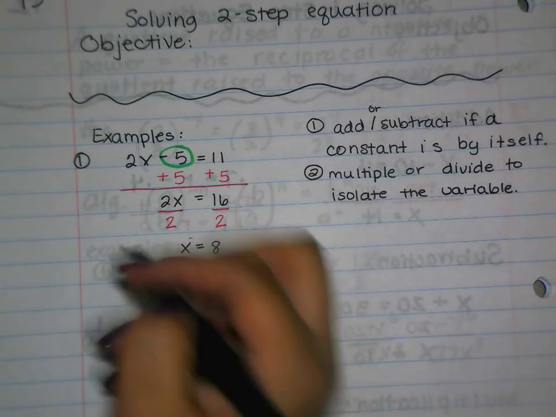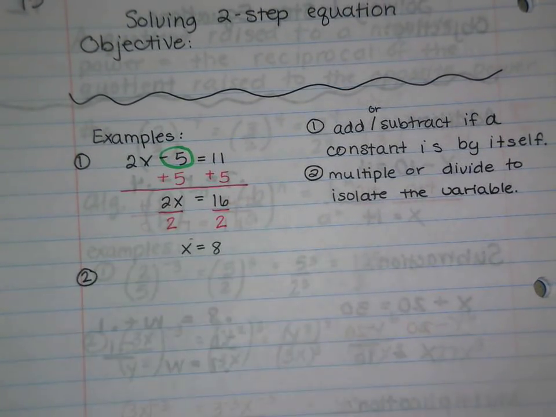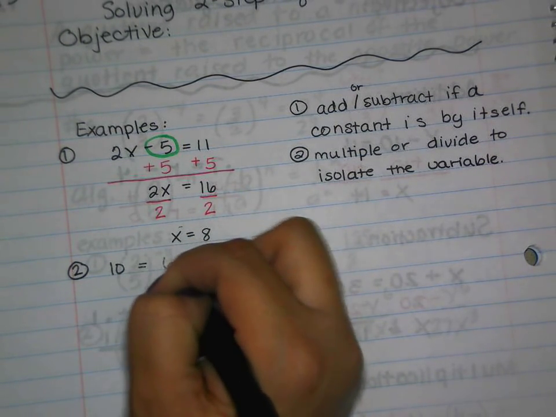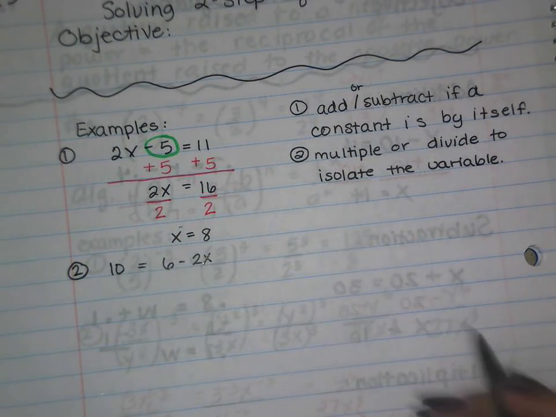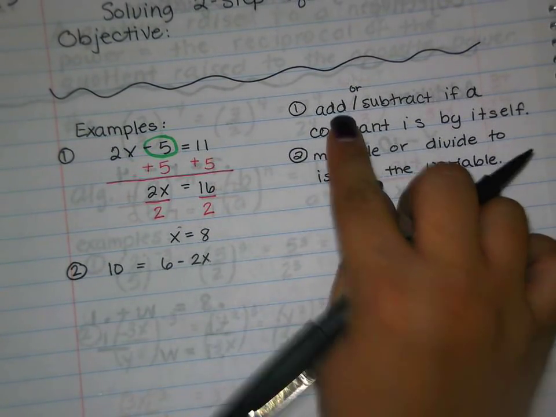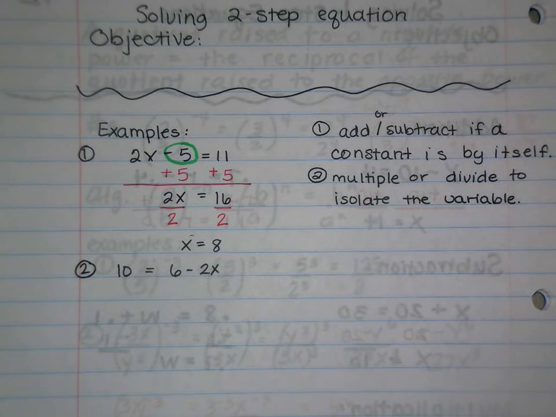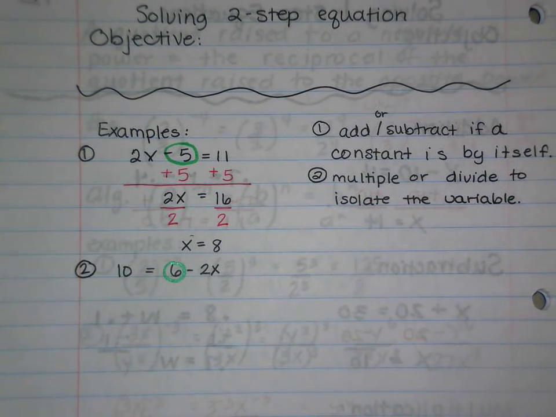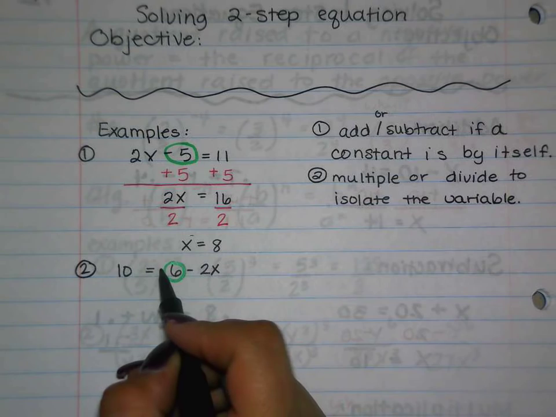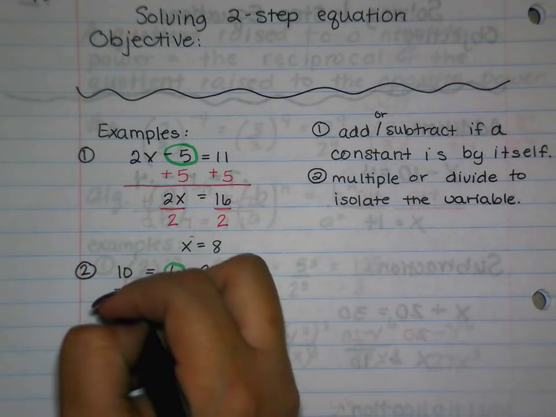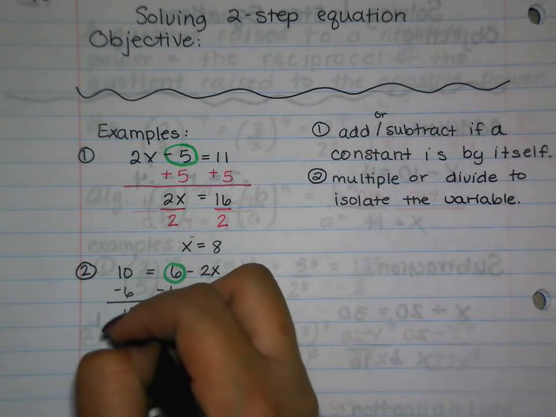Let's work with a second one. Well, let's see. How about 10 equals 6 minus 2x? All right, well, that seems easy. First, we say add or subtract if the constant is by itself. So the constant here that's hanging out by itself is just the 6. Okay, well, that is added because there's nothing over here that says minus. That's added to the 2x, so we're going to subtract 6 from both sides, leaving us with 4 is equal